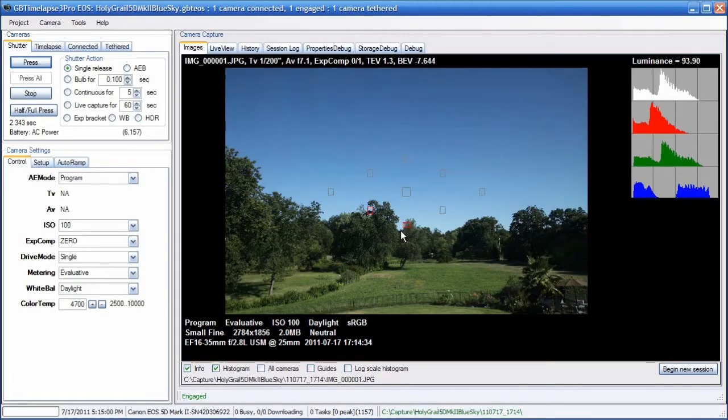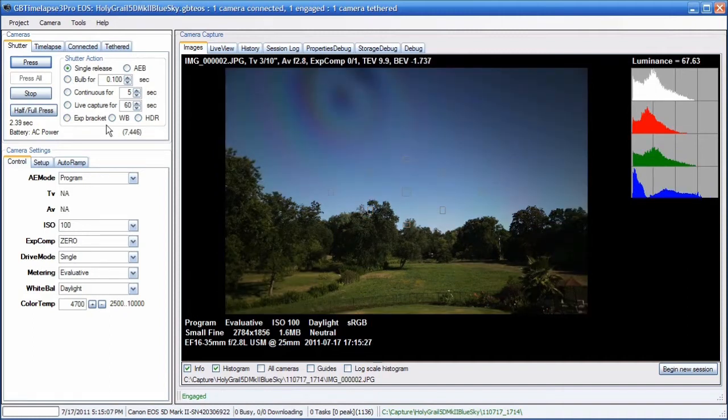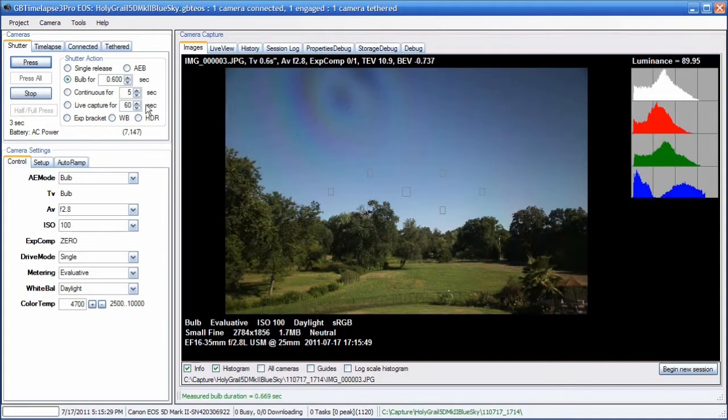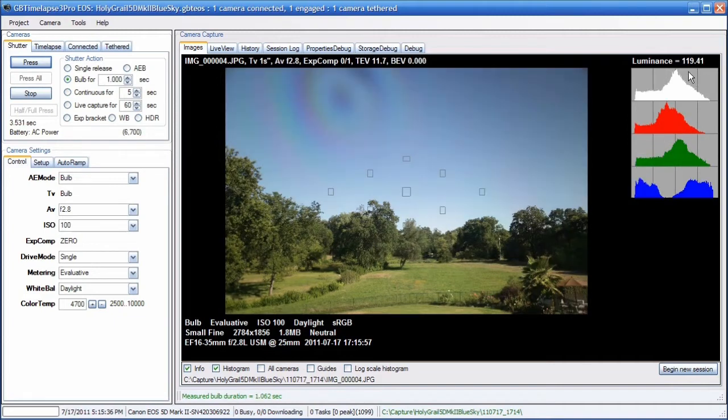Now that the filters are stacked on, I'll take another exposure. That was at 3/10 of a second f2.8. So I'll set it to bulb, f2.8 at 3/10 of a second. I'll make it a little longer to get the luminance up. You're at 1 second. Luminance is 119. I'll set that for my target